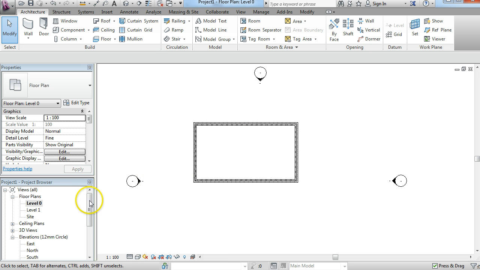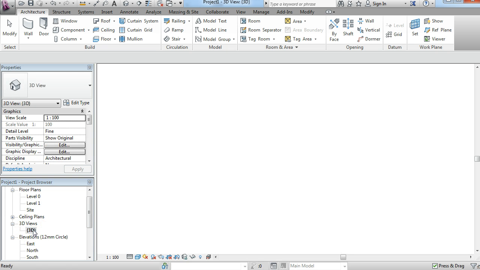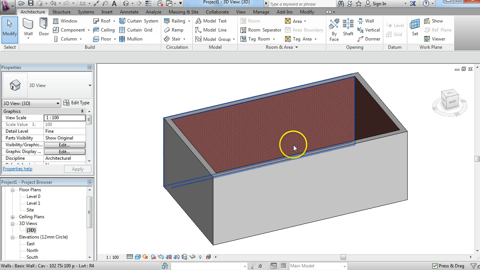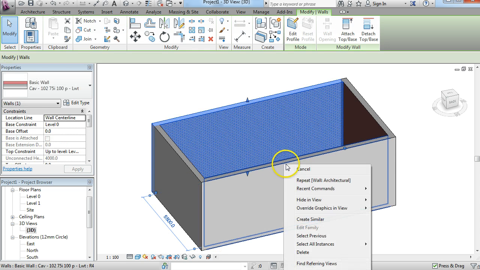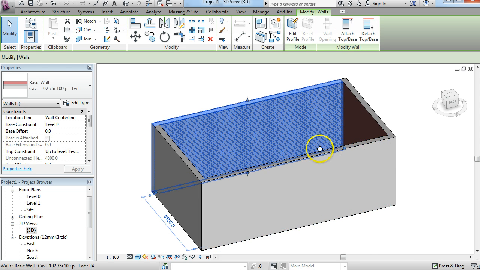Okay, and if we want to have a quick look at the 3D views, double click on 3D there. This is our 3D view. Zoom and pan work the same. But if you press Shift and the middle wheel, that'll move into the orbit tool,